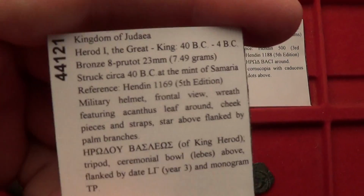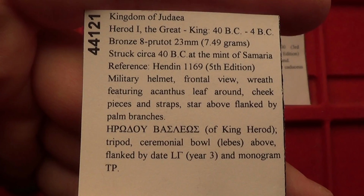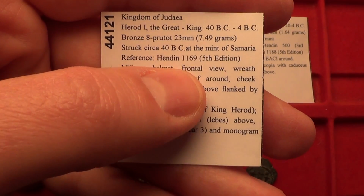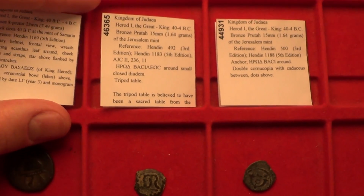This is the description for the coin. It was struck at the mint of Samaria, circa 40 BC. This is the reference to the reference work. The type could be found in with more information. Next,